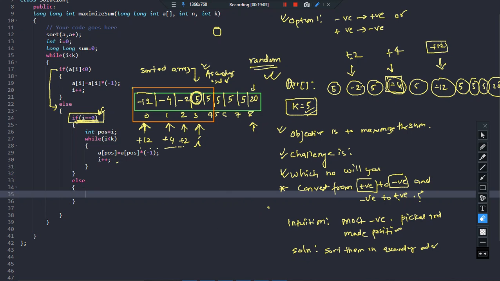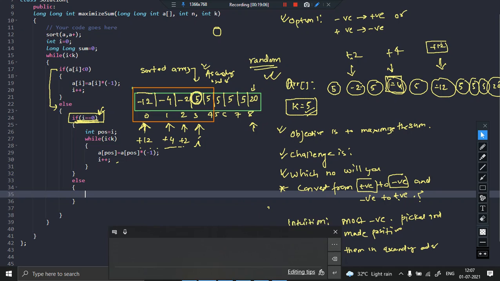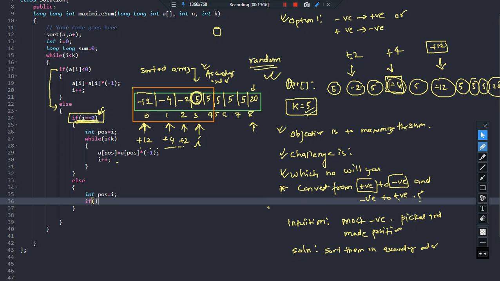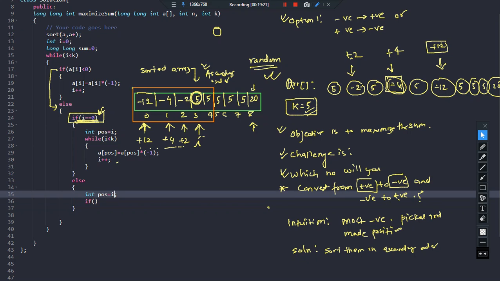That is why we are going to say else, if. Else again declare the variable, integer POS is equal to I, that is index 3, right? Because my I is now pointing to index 3. So basically POS will be equal to I minus 1, right?